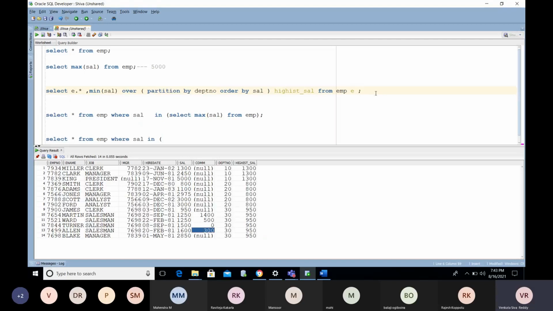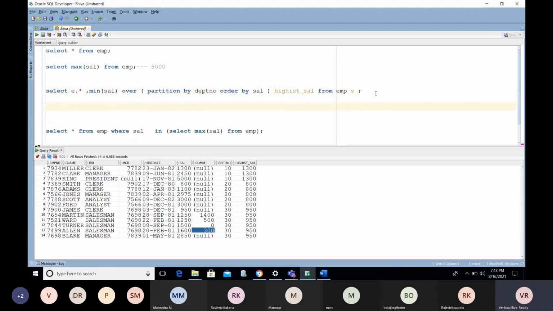Yes. We have other varieties of functions. Okay, how can we achieve it? I want to provide a rank to who is earning the maximum salary. For that, I need to give 1, and for the next highest salary I need to give 2, like that.